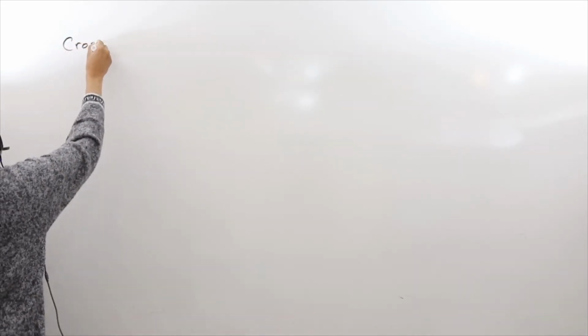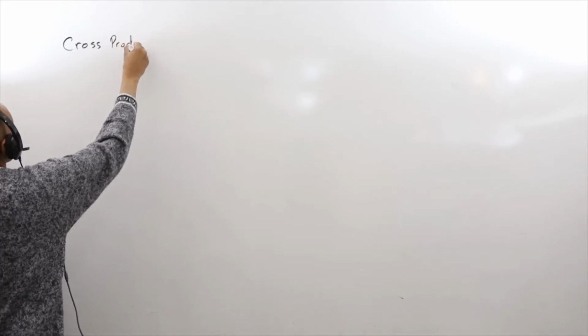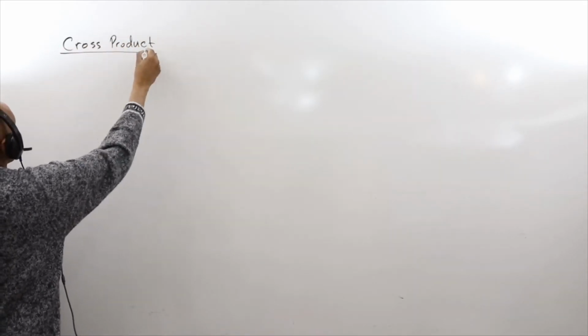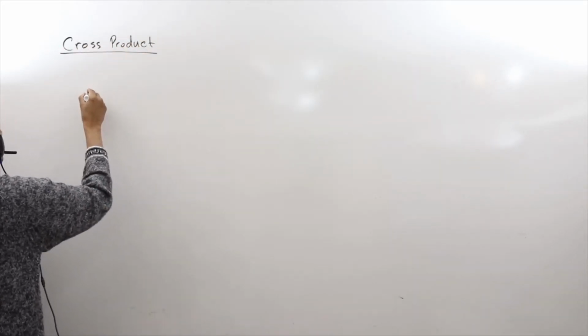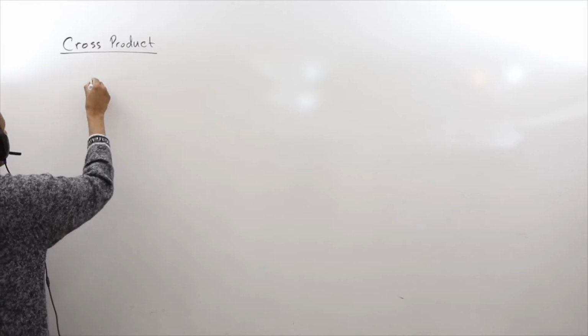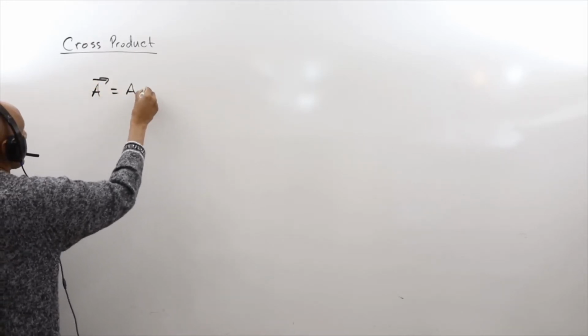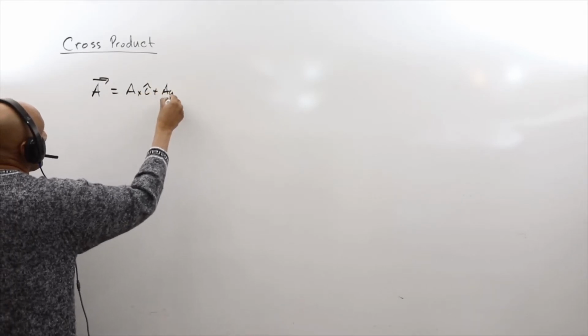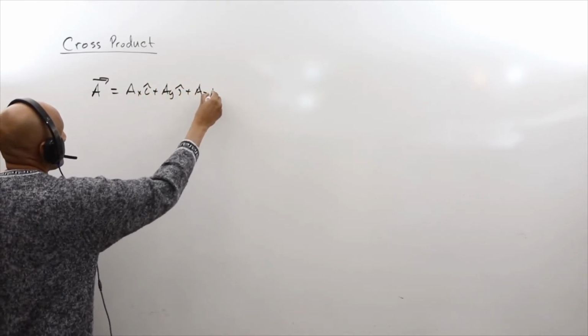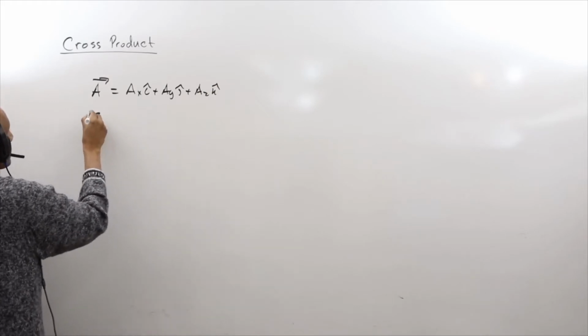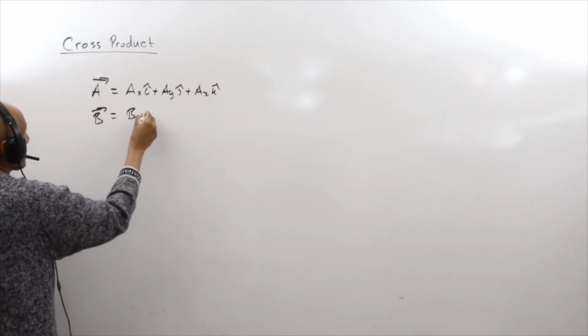So in this video, I'm going to be defining the cross product of two vectors. And so the cross product is defined to be, if you're given a vector A, which has got components AX i, AY j, plus AZ k, and B vector is the X component,